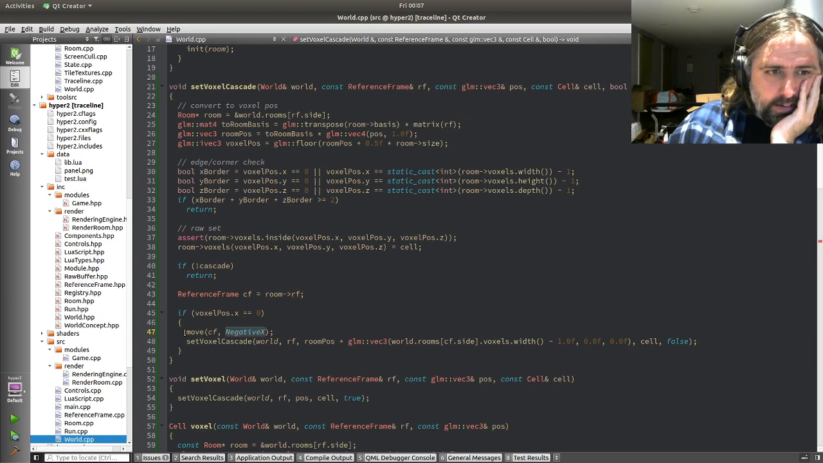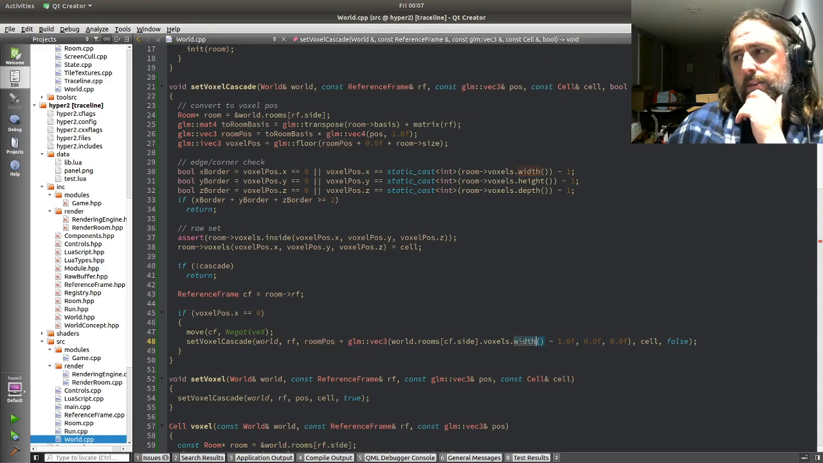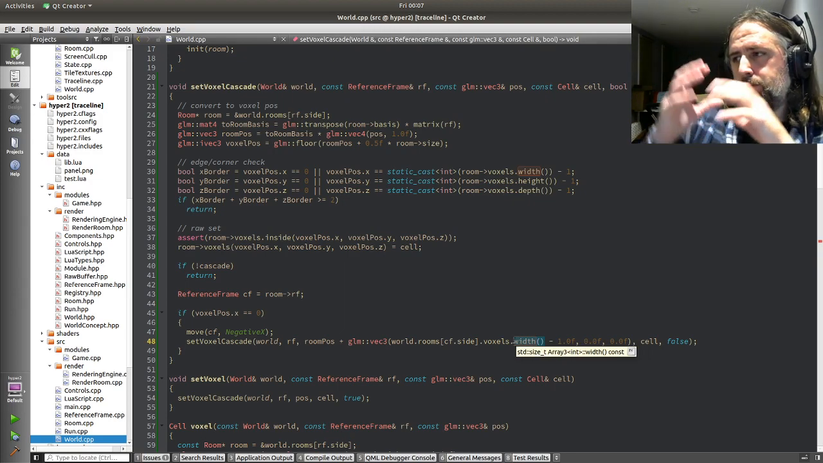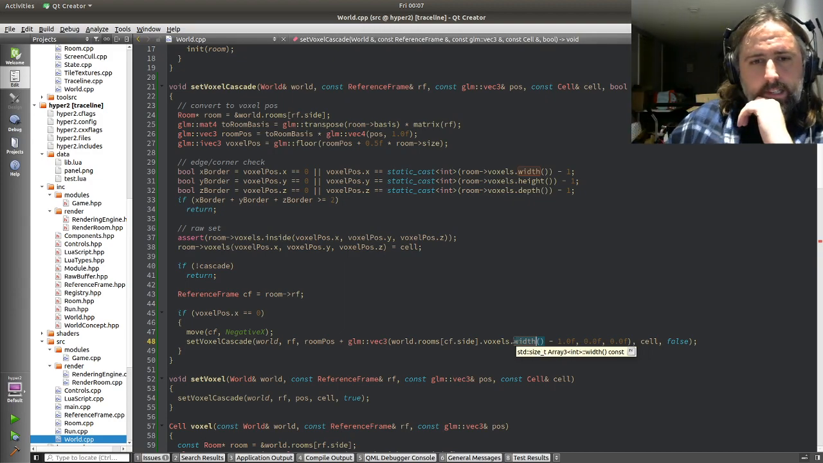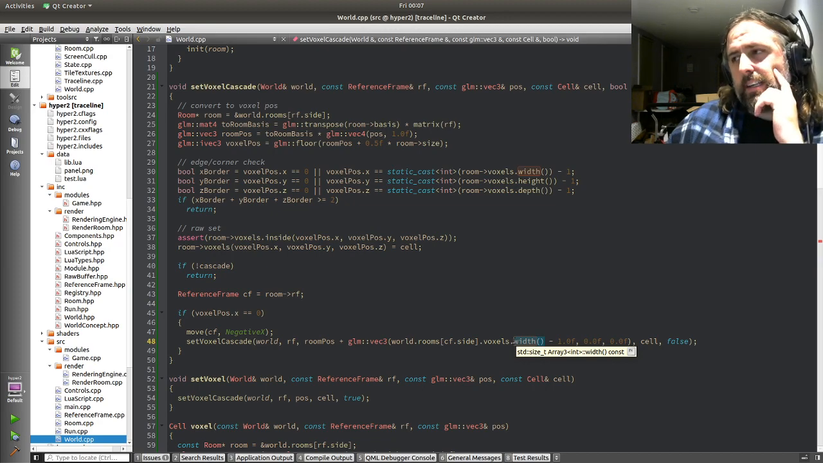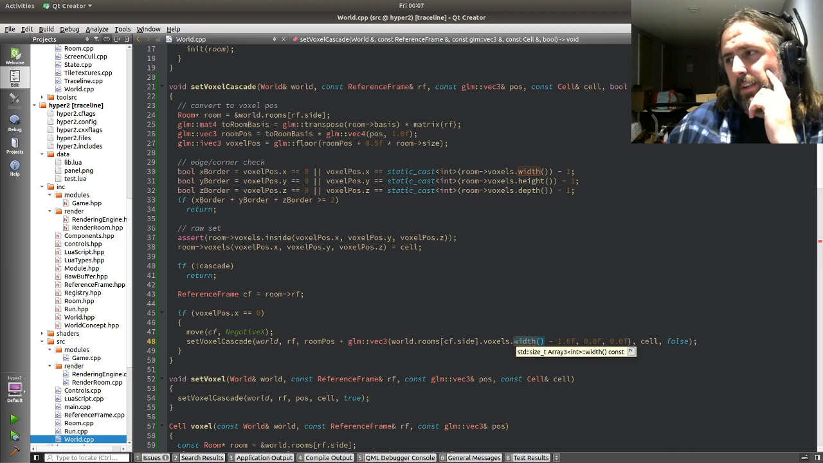Okay, cool. So we know that. We know negative x is going to move that room basis into the next thing, and adjusting this position. But this width is not necessarily correct. It could be depth or height, depending on how the rooms fit together. So if they were rectangular cuboids, then